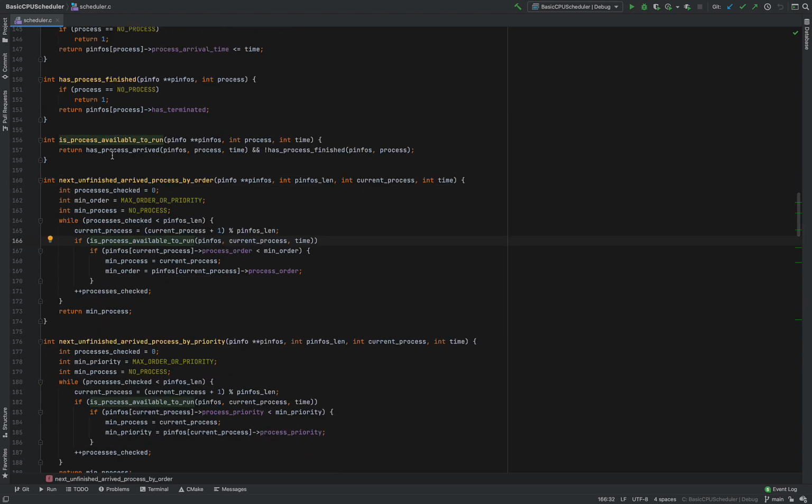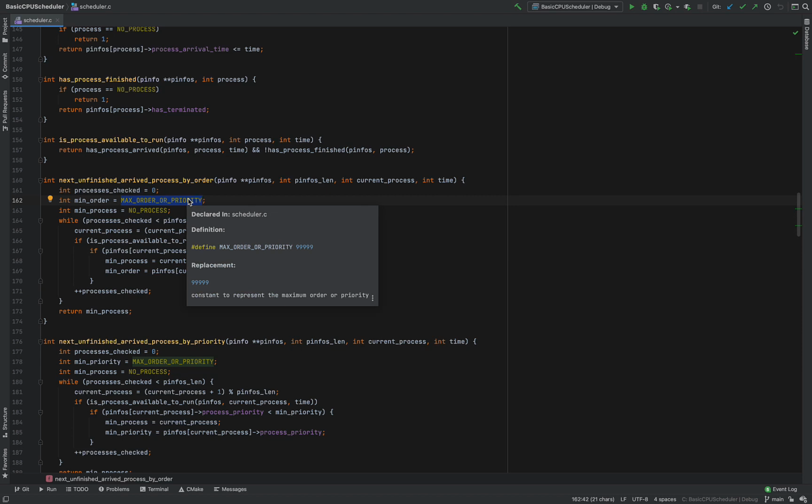So let's go back to the next unfinished arrived process by order function, right? If the current process under consideration by this while loop, which the current process variable is tracking, is available to run, and if its process order is less than the minimum order, and the minimum order has been set to a very high number, basically 99999, right?